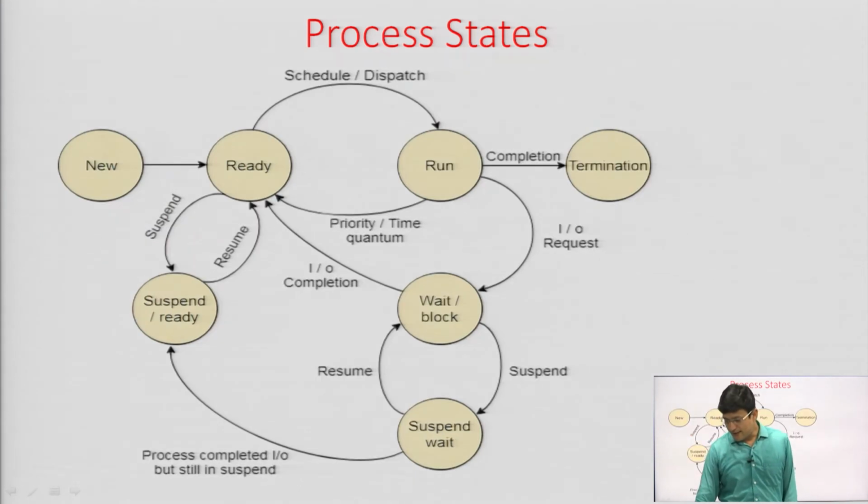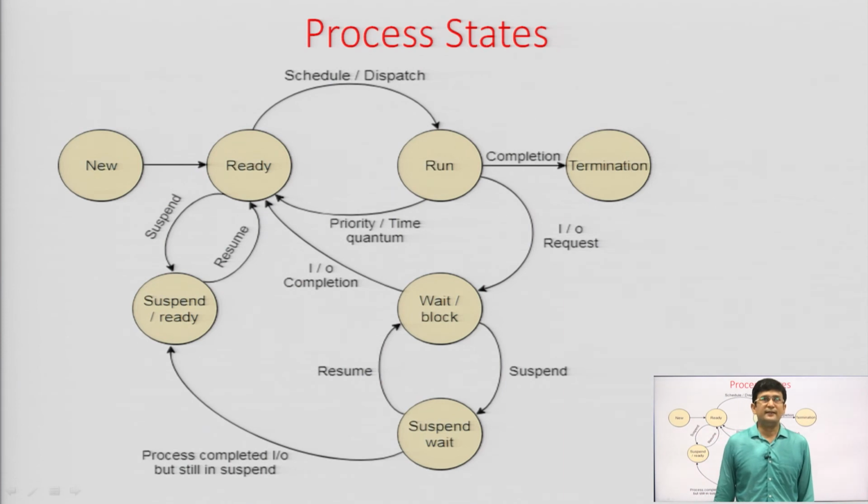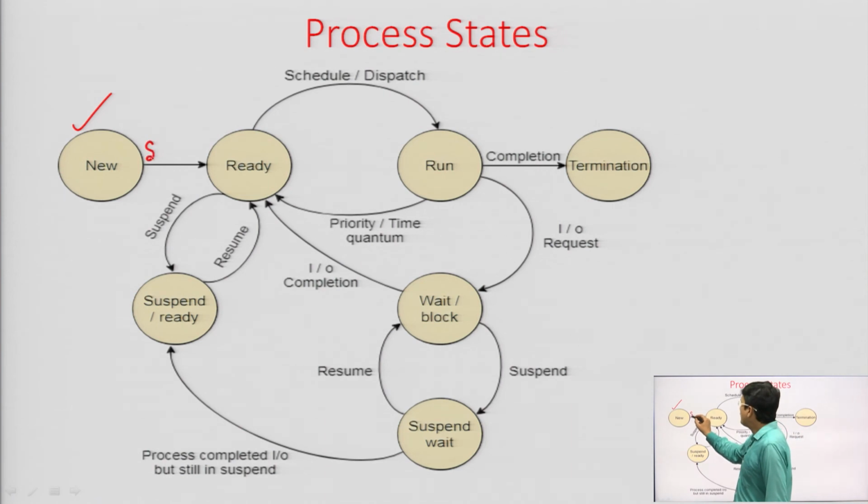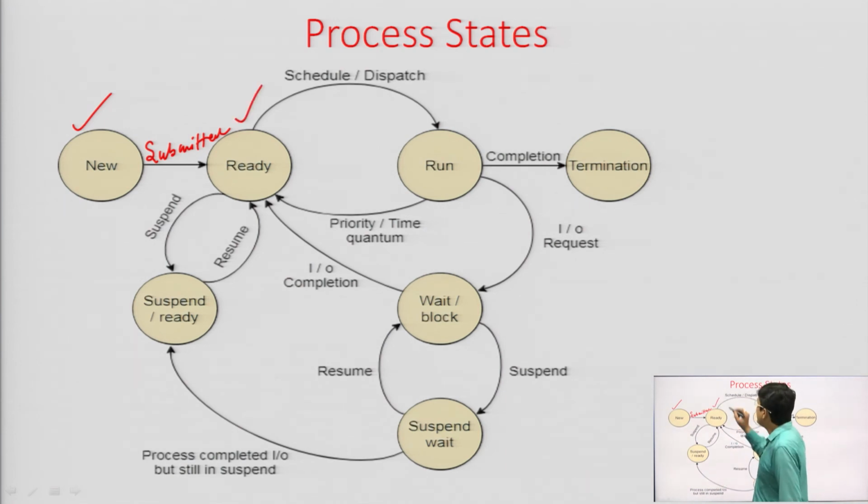So, let us see this with a diagram, an interesting diagram that is depicting all the states of the system. In this you can see that a process is just submitted, this is the new process. It is submitted to which place? It is submitted to the main memory. When it is given to the main memory, it means it is ready for the execution. When the process is ready for the execution, it means it is in the ready state.